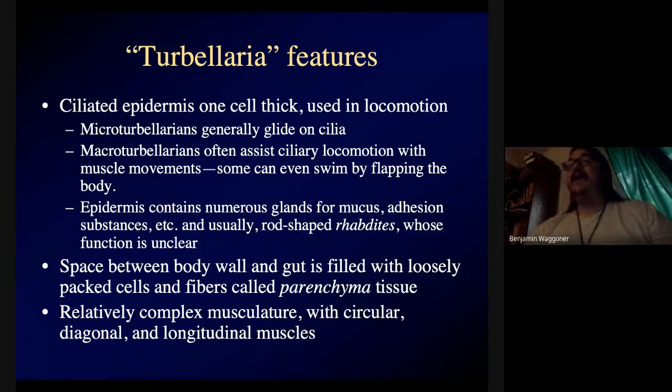There's a lot of funky glands in the epidermis for mucus. There are bodies in the epidermis that are shaped like rods, and they're called rhabdites. The space between the body wall and the gut is full of loosely packed cells called parenchyma, and there's a pretty complex system of muscles. We won't say that much about these guys, but just for some illustration,